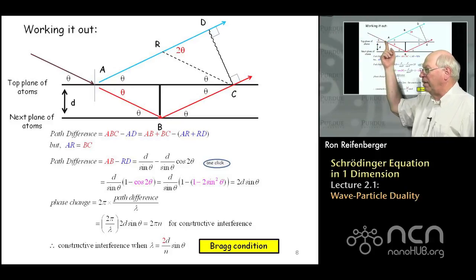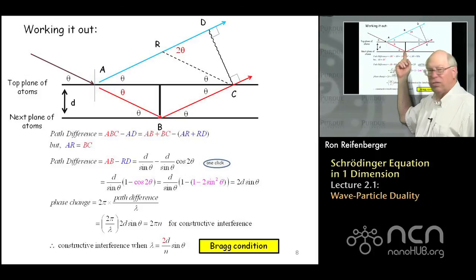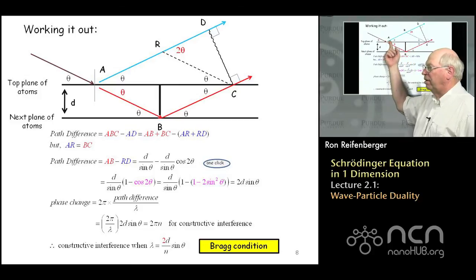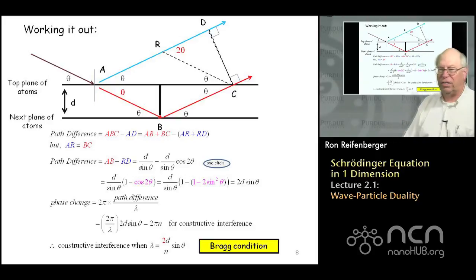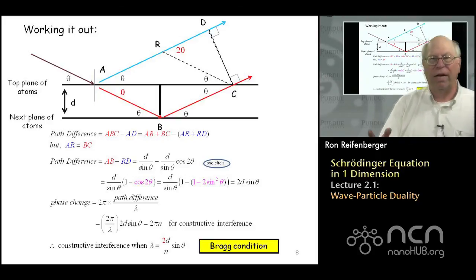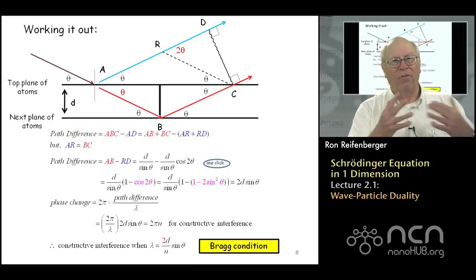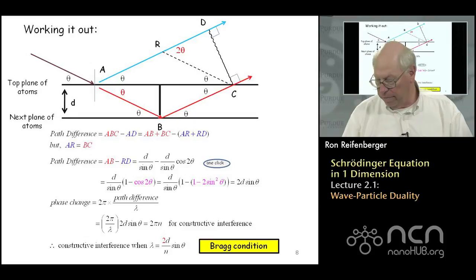There's an X-ray beam that comes in and strikes this top plane at some angle theta. And what you then have to do is trace the trajectory of the X-ray beam that reflects from the second layer of atoms and compare the path it follows to the path that's traced out by the X-ray beam that's reflected from the top row, or the top plane of atoms. It's the path length difference between this red line and this blue line that are important, and